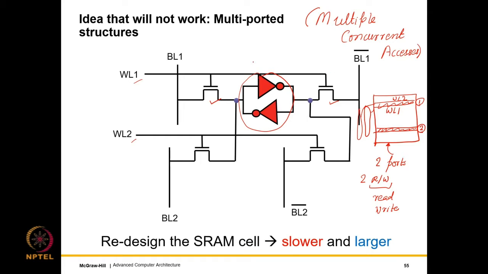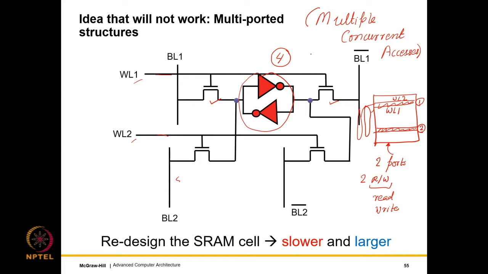That's a later decision. But the important point is that since we are doubling the number of word lines and we are doubling the number of bit lines, what actually happens when we lay out this circuit is that the area of the circuit will increase by 4 times. Because the y-axis is having double the number of word lines, and the x-axis is also having double the number of bit lines intersecting it, and because we need to maintain a minimum distance between 2 bit lines known as the pitch, it will turn out that the area will increase by roughly 4 times.